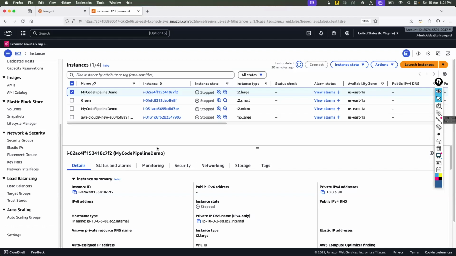Last question. What is the purpose of AMI? AMI is an image process, a copy of the instance. If I have created an instance and suddenly it gets deleted or stopped, whenever we require the same server or instance, we can get it from the AMI. It's all about the backup of the instance.